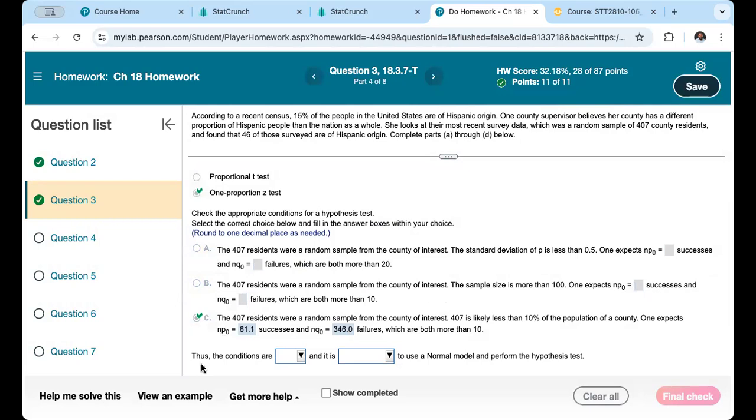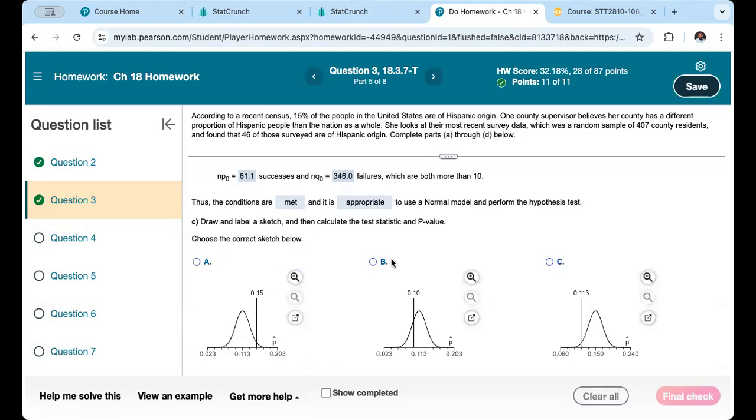Now, here it says that the conditions are what? Are met. Is that okay? And when you read chapter 16, it says that when the conditions are met, we can use the what? The normal model; it's appropriate to use the normal model. Is that okay? Good. That is the what? The Z stat we talked about last time. And then we check on that. Good. And then the C says that we should draw and label a sketch and then calculate the test statistic